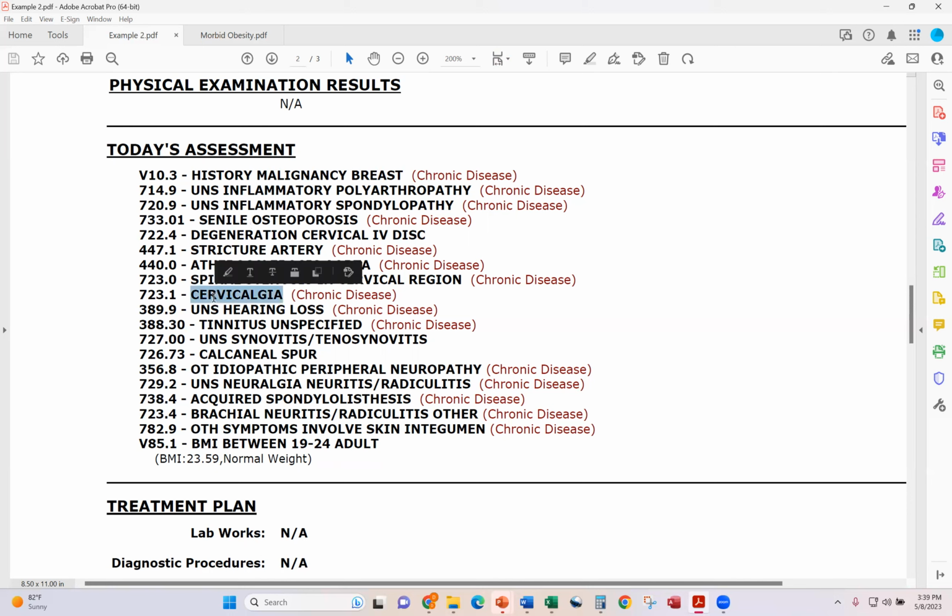And now cervicalgia. Okay, the patient, let's see, we have two diagnoses where cervicalgia is neck pain. Well, that would be an integral part of spinal stenosis and degeneration of the cervical disc. So that would be incorrect anyway. Okay. And so the point here is you must understand